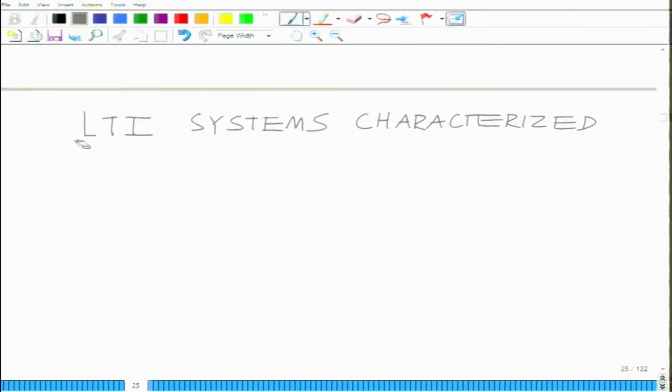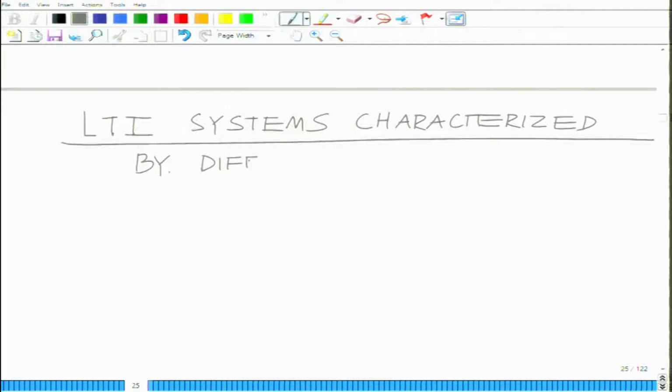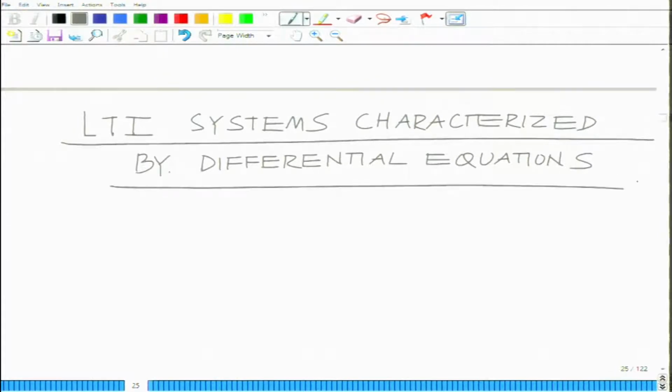So, we have LTI systems that are characterized by differential equations. By this we typically mean a constant coefficient differential equation,